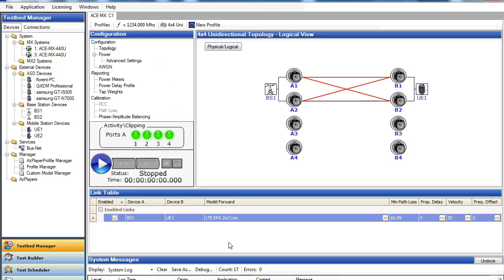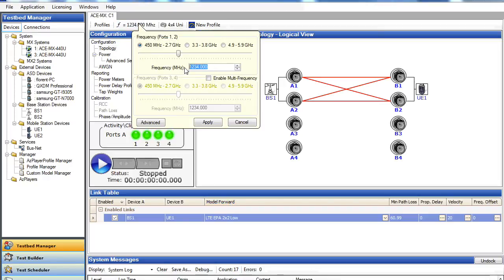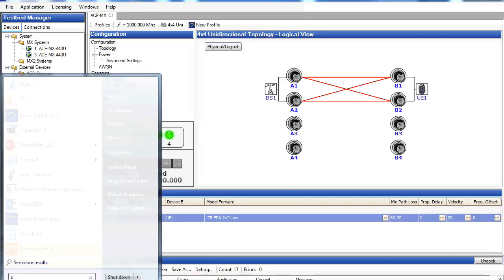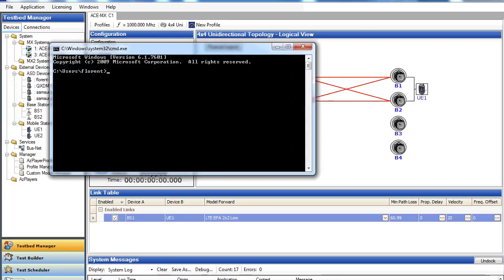For example, I could change the frequency of my generator from my GUI. I just need to come here and to apply it. But I could do the same thing from the tickle command. I first need to open my tickle shell, and to open my package